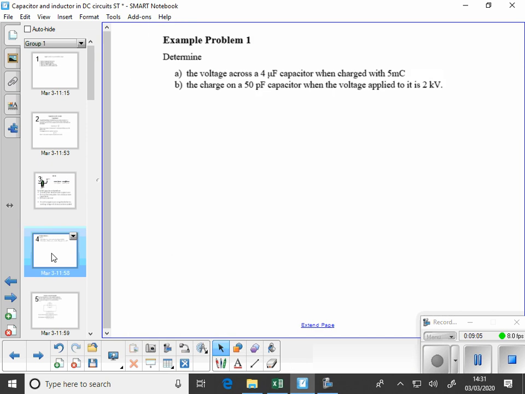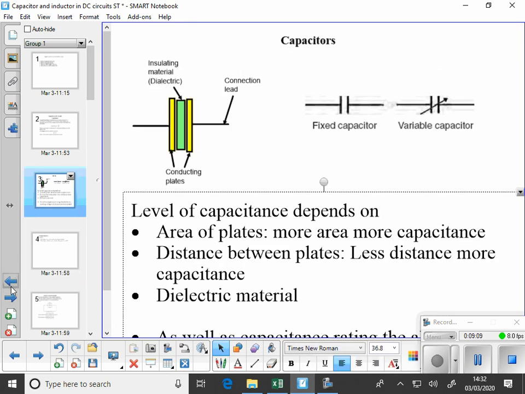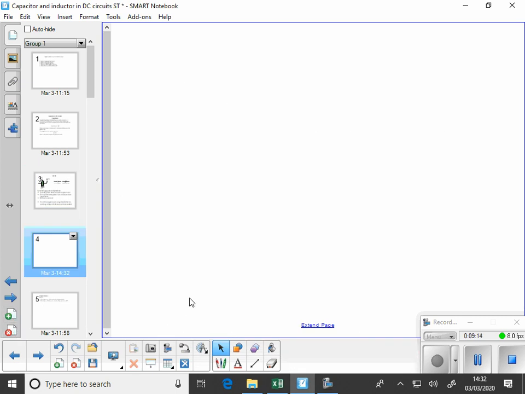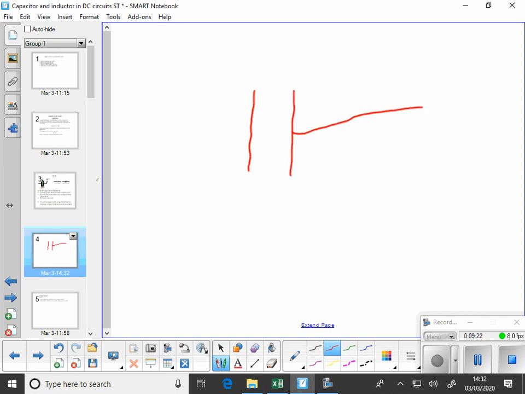So, got on my next page, before I put all them on the thing. Just put one more page in. Let's try and do this. So, there's our capacitor. Okay, and if we connect that to